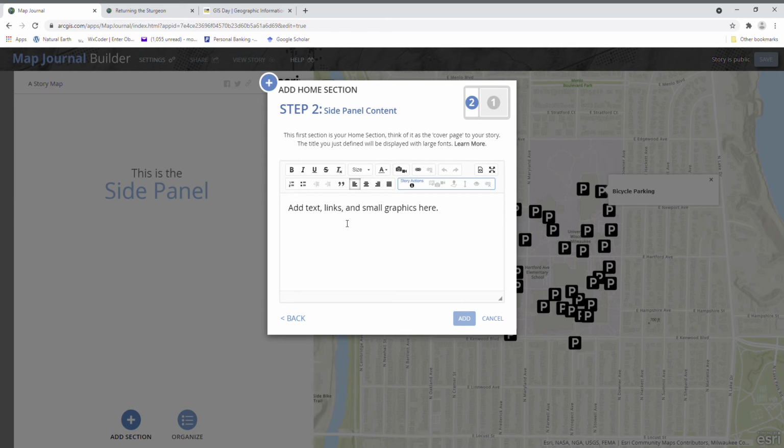In this area, we can add text that we wish to display in the side panel that supports the map and the layers that are showing. You can format using the text editing tools, you can add any links you have using the link button, and you can add any video clips you might have found using the video camera icon. So I'm going to type in here